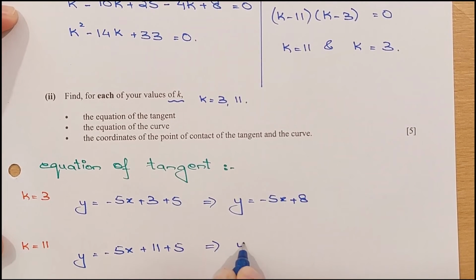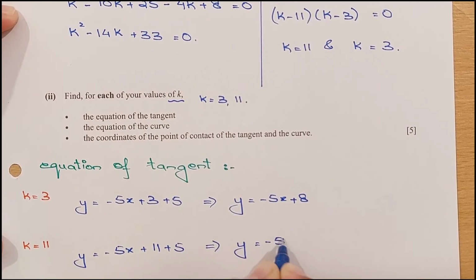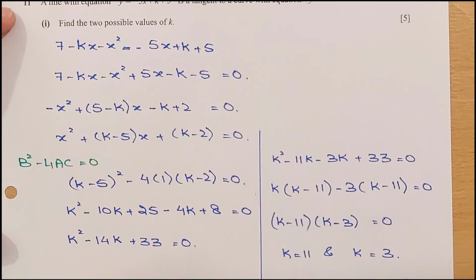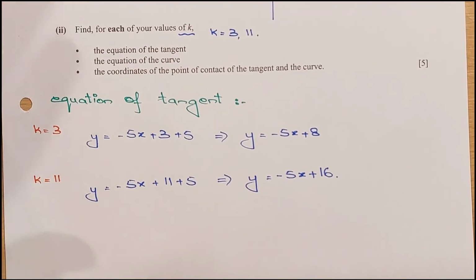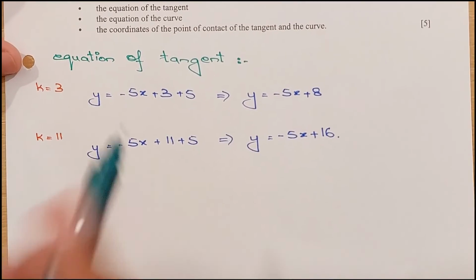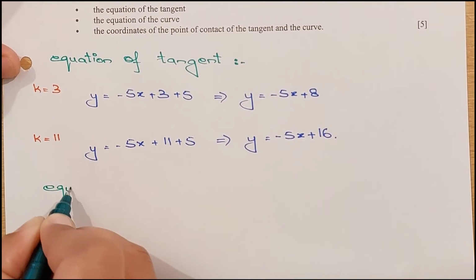So from here y equals minus 5x plus 16. These are the two equations of tangents, and the equation of the curve. So this is the equation of the curve. So just put in the k values, and we will get the two equations of the curve, right? Okay, so I can say that the equation of the curve